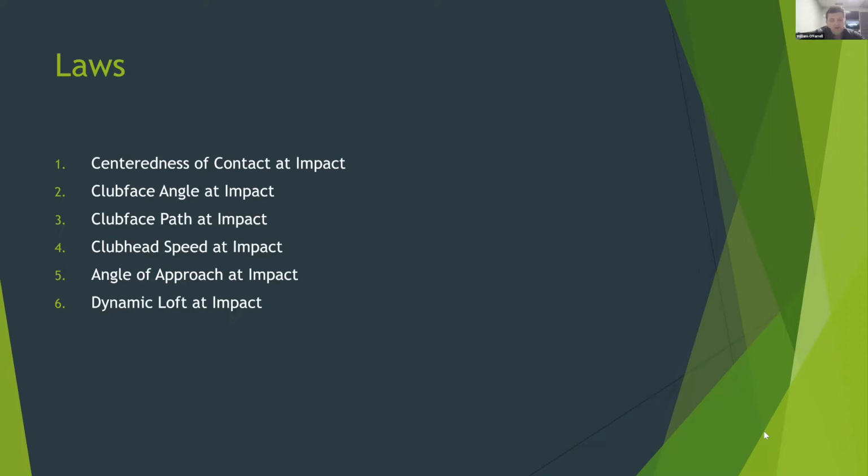So many golfers struggle trying to hit a ball. And when they get the best results, when they're happiest, they're hitting it the closest to the center of the face. So when we're looking at this law here, we're really trying to figure out, are they hitting in the toe? Are they hitting in the heel of the club? Maybe are they hitting a little high on the face or even a little low on the face? We're really just looking at those variables, and we can get an idea of, if we're looking to change that,